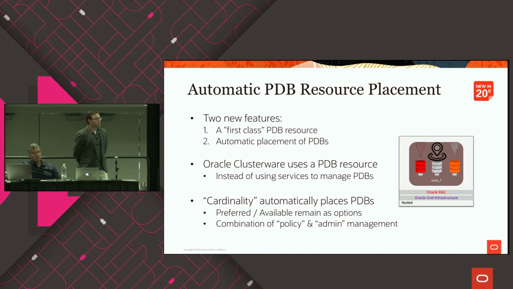In 20C, you will be able to actively work on a PDB resource, so you don't have to use a service. You still want to use a service for other means, but the placement of the PDB resource will be direct, and you can say, okay, I would like to have my slightly bluish-gray PDB open in that one instance, but not in the other, directly by operating on the PDB instance. At the same time,